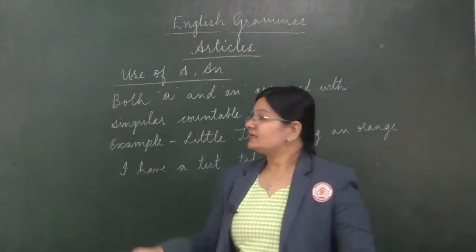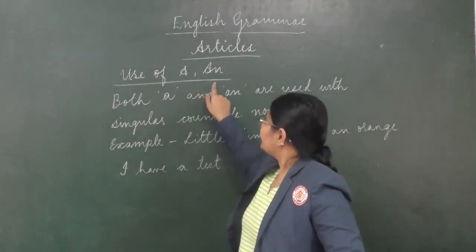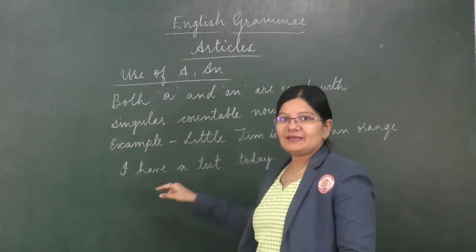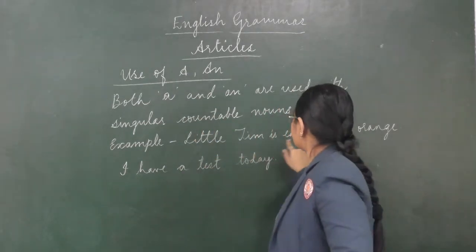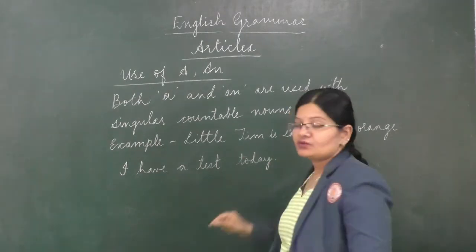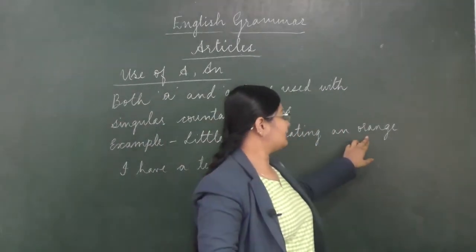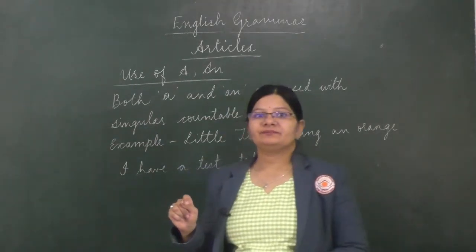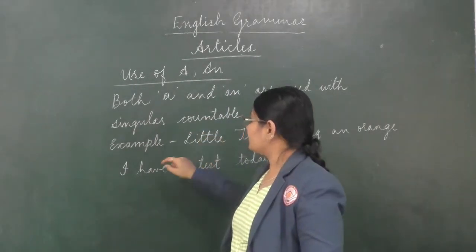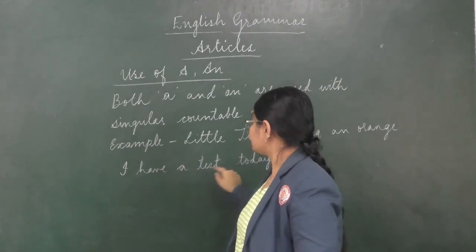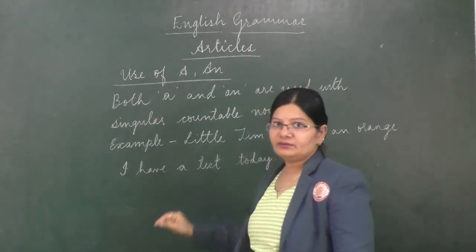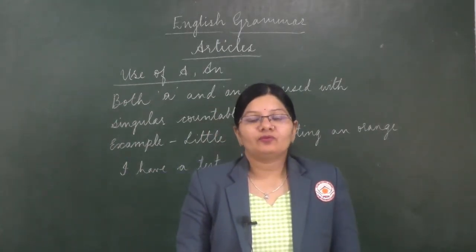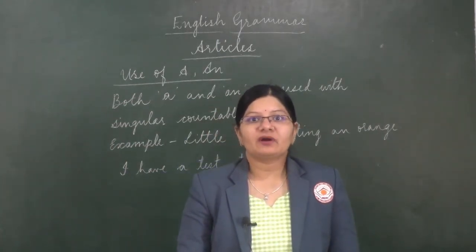So kids, let's look at the first use. Both a and an are used with singular countable nouns. Example, little Tim is eating an orange. So here they have used an orange. Orange is singular in number and it is a countable noun. Then, I have a test today. And the next use is we use an before the words which begin with the vowel sound